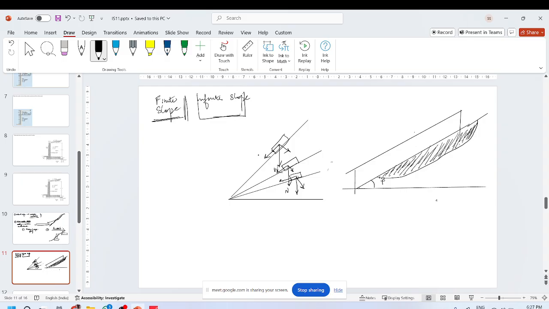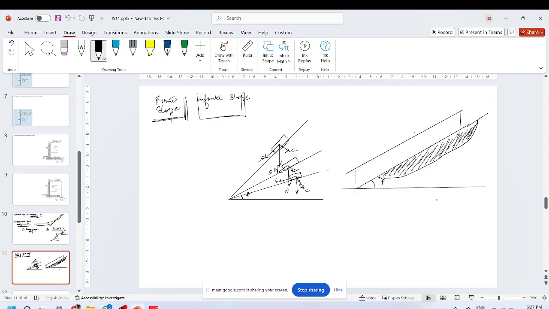So you will have, if this is beta, then this is beta, and this will be cos component, sine component, cos component, sine component, cos component, sine component, isn't it? So as you increase the slope,